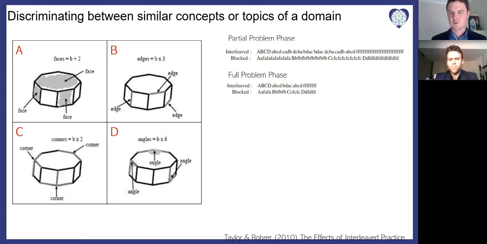They wanted to make sure that the effects of interleaving weren't actually because the practice was spaced. So in the blocked condition, they alternated between the practice problems and the filler problems to provide that spacing. And a similar sort of setup for the full problem phase. What they found was that